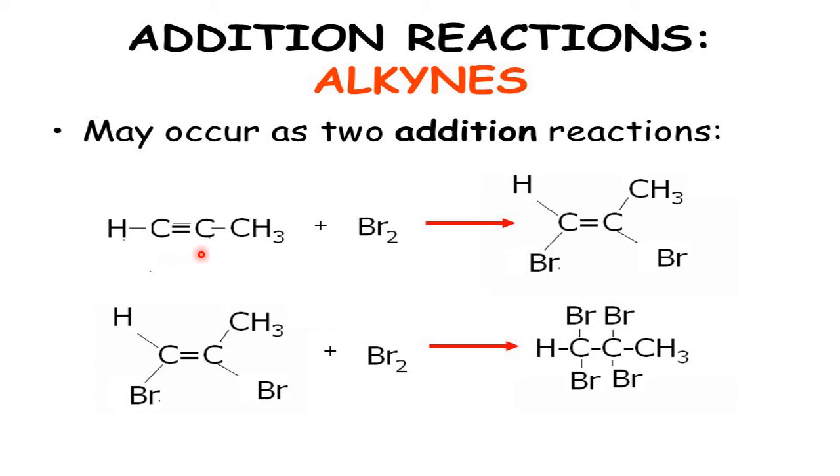CH3, 1, 2, 3. This is propyne. Triple bond is here. When you add Br2, one Br on one carbon, one Br on the other carbon, where the triple bond is there. So this bromine adds equally on the carbon-carbon triple bond. One Br here, one Br here. So it is CH3CBr=CHBr, okay, a dibromopropene.